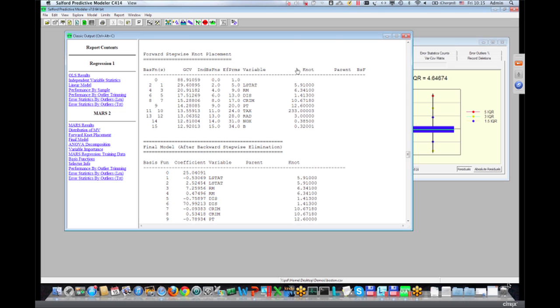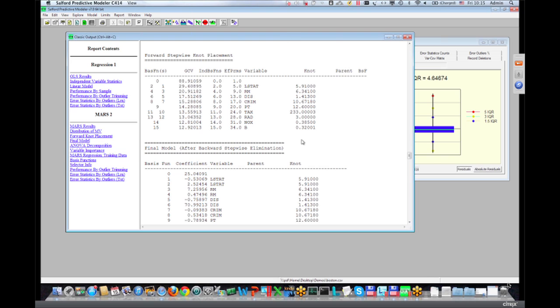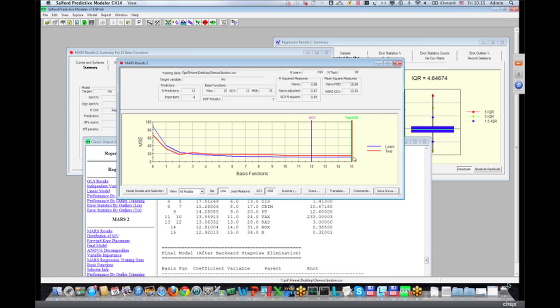So the forward stepping actually leads us to the largest model. We call it the maximal model. And that is over here with 15 terms in it. Why 15? Well, that happens to be the default. I'm not going to suggest that you want to use that default always. It's not a bad starting place. It is a control parameter that we encourage you to experiment with. It's not clearly going to be ideal for all problems. But as a first quick way of looking at your data, it's not a bad